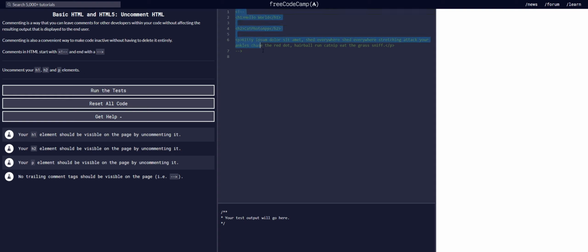I like to comment things out by putting this type of bracket, exclamation point, and so on. Commenting is a way that you can leave comments for other users or developers with your code without affecting the results displayed to the end user. Commenting is also a convenient way to make code inactive. Very cool. So commenting, you can do it like this. There is also a keyboard shortcut. If you press Control and the slash on your keyboard,